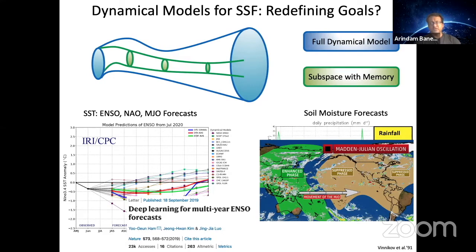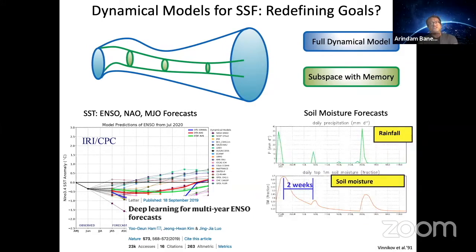So the Madden-Julian oscillation plays a role. There's a suppressed phase and an enhanced phase that moves eastwards. When the enhanced phase, which has high precipitation, comes on top of the US, we probably get high precipitation events. I think we will hear about MJO later in this workshop from folks who are experts in this, but we have been eyeing this as well.